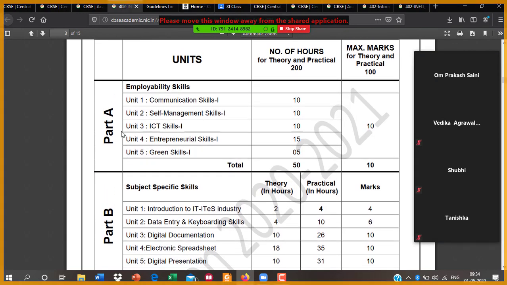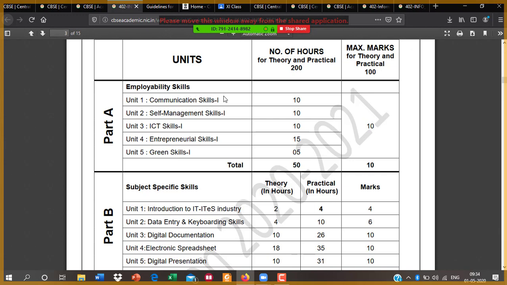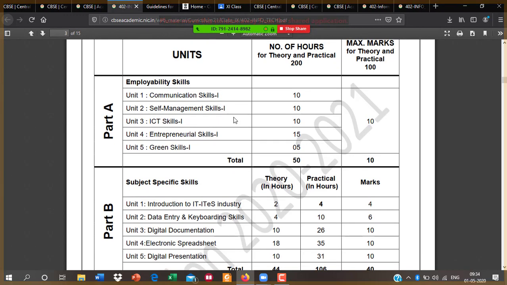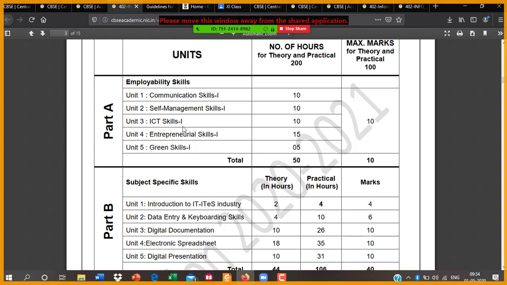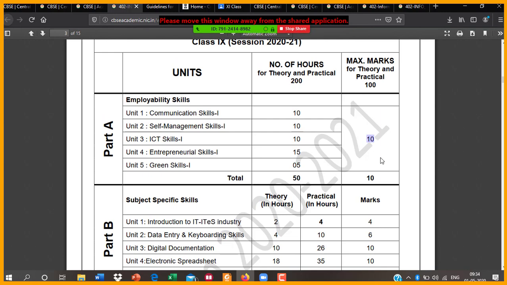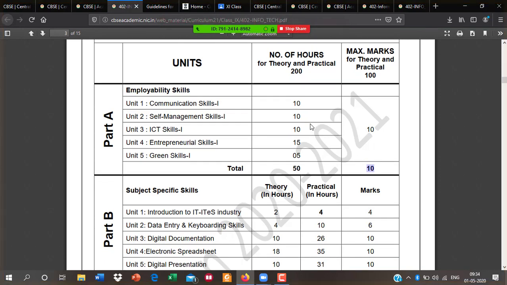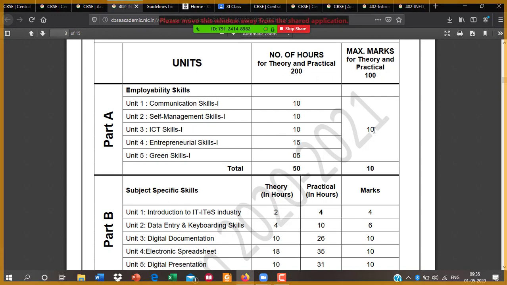Part A relates to communication skill, self-management skill, information communication technology, meaning ICT skill, entrepreneurial skill and green skill. There are 5 units and all 5 units make 10 marks with theory and practical. So this book part A is only 10 marks.